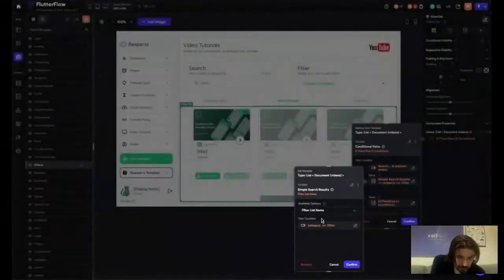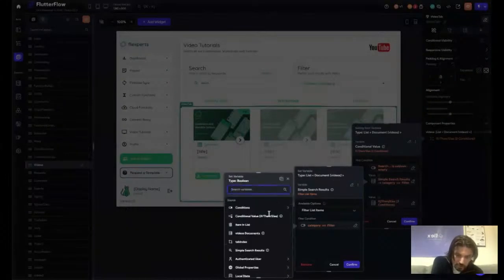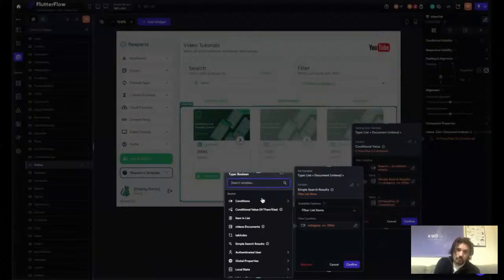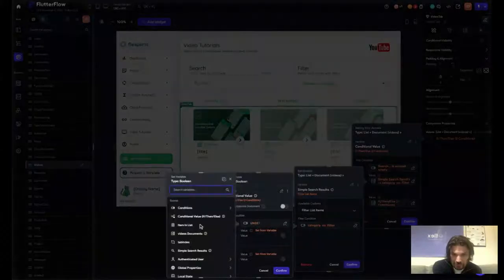If simple search is not empty, then we want to filter it by this. Yeah, that's what we're going to go with. So we want to check if the category is equal to the filter. However, we need to change this because we don't always want to check it. We just want to check it if the filter is not empty. So essentially, filter list items. So if the widget state condition,